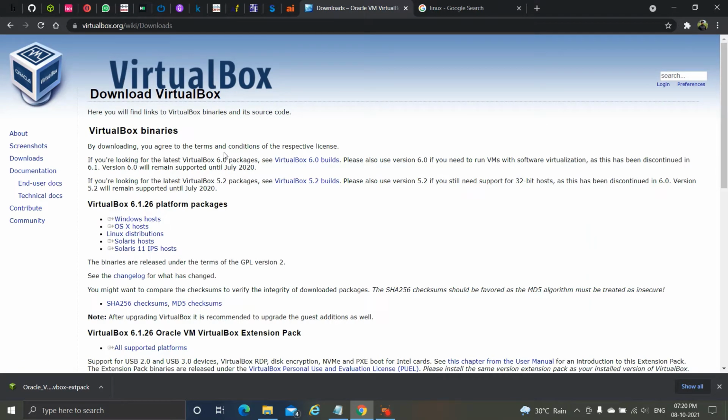After that, this screen will appear in front of you, and click on Windows hosts and download that file. So this VirtualBox 6.1.26 .exe file will be downloaded. It starts downloading. I will cancel the download because I have already downloaded VirtualBox, and after downloading VirtualBox, just run VirtualBox.